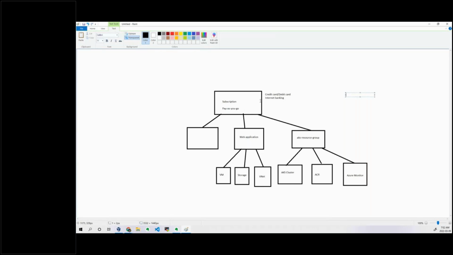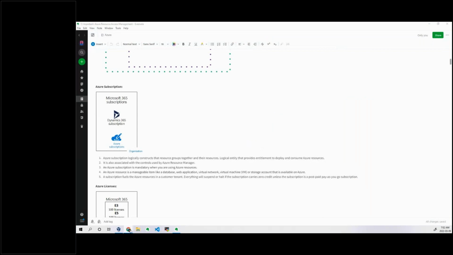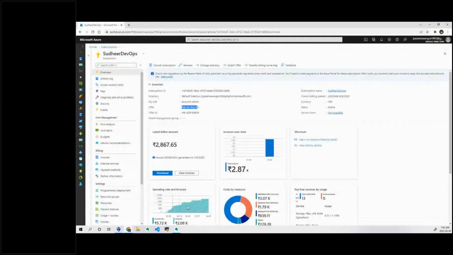Go ahead, no problem. One more thing. Is there a scenario where you have two subscriptions, and you want to access the resource group from the other subscription from your subscription? Yes, you can switch.